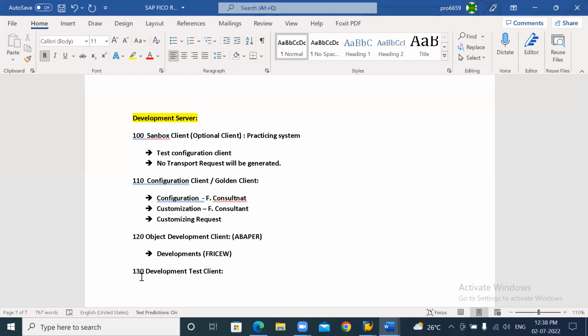Understood what I'm saying? For whatever configuration and customization we have done here, that data has to move to do the testing. This client is empty, so the data has to move from this particular client to the 130 client. Whatever we have performed will be saved under a request. So the transport request will move from